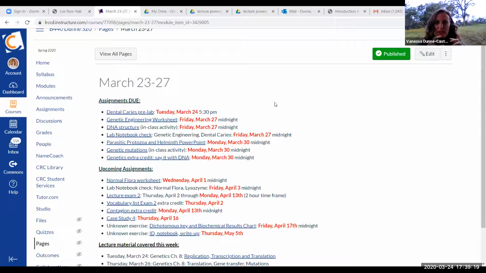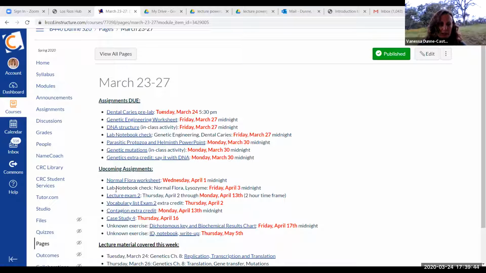So get those two things, you can packet them together however you want to, and there's one spot to drop all of that stuff. If you want to upload 2 files, genetic engineering and dental caries, that's fine. Or if you want to combine them into one, that's fine too, but it'll all go into one Canvas drop. I just put some arbitrary points on that one. So every single week you'll upload, and I'll specify exactly the labs you should be uploading every